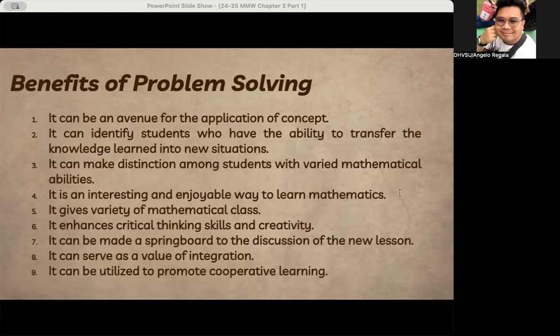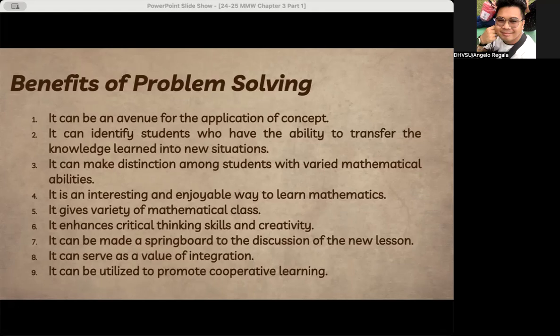It can be enjoying and interesting to learn mathematics because these are real life situations that you can relate with. Okay, so it gives variety of mathematical classes. It would enhance your critical thinking skills and creativity, no? And it can be a springboard for discussions of new learning. Example, you and your classmates encountered the same problem. So, syempre, ikaw may sarili kang